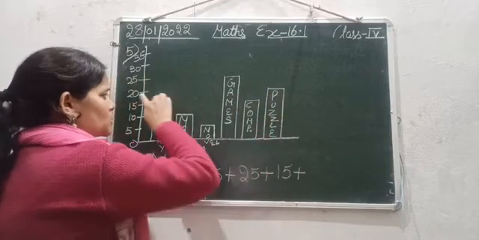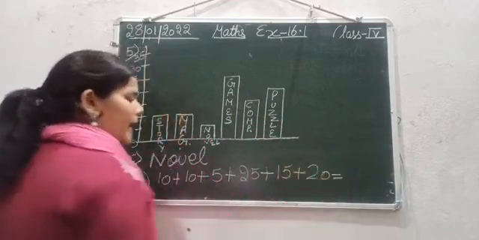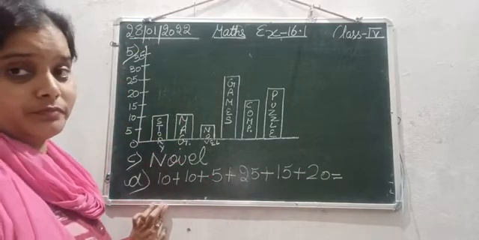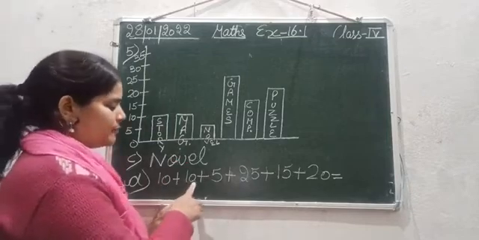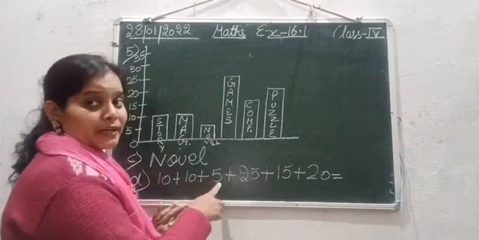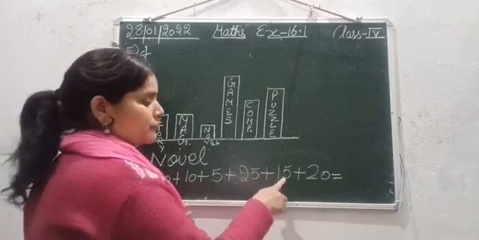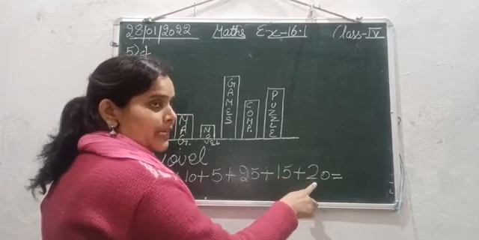So puzzle books are borrowed by 20 students. So now just add them all and we will get the total number of students in the class. So 10 plus 10, 20 plus 5, this is 25. 25 plus 25, 50. 50 plus 15, 65. 65 plus 20, that is